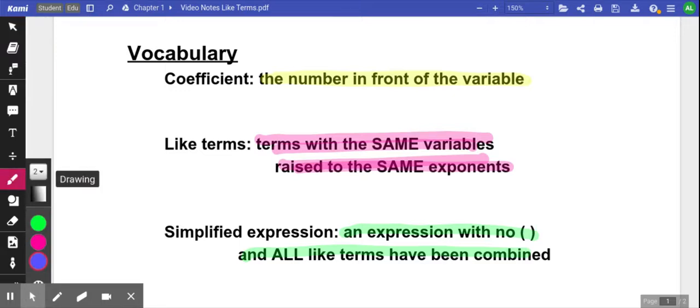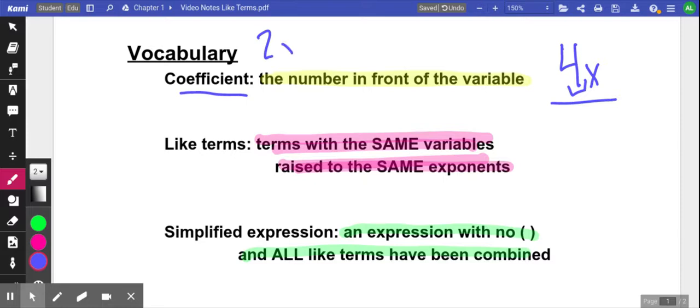Okay, coefficient is how you say that word. That's the number in front of a variable. So that means if we have something like 4x, our 4 is our coefficient. All right, it has to be in the same term. So be careful if you have something like 2x minus 3x squared. If I asked you what's the coefficient of this x squared term, you would want to tell me it's that